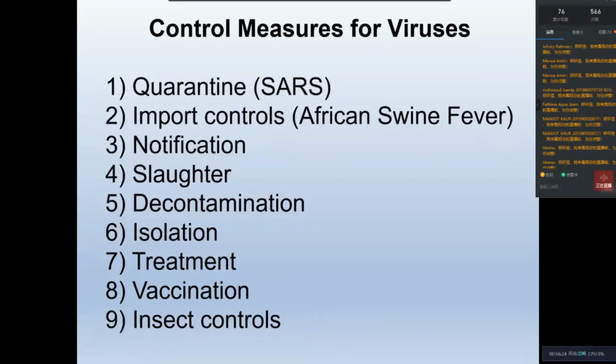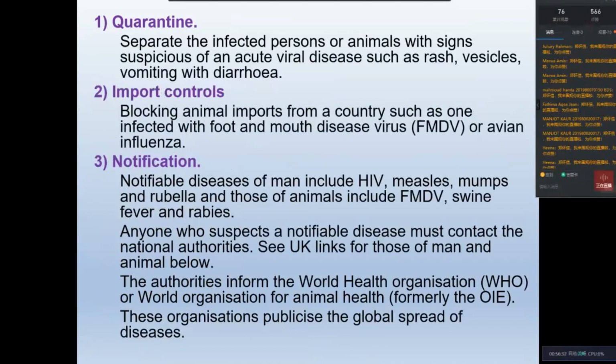And now we can also use this for quarantine. If you can identify some infected persons, you just separate them from the population so that they won't spread the germ, they won't spread the virus to others. And this happened for the pandemic, COVID-19. If there is some positive patient, if they are infected, we should quarantine them either in a hospital or in some hotel so that they are away from other people.